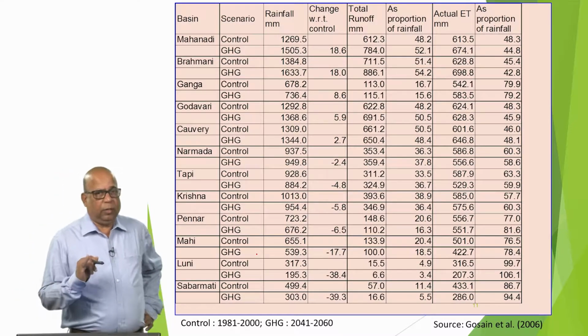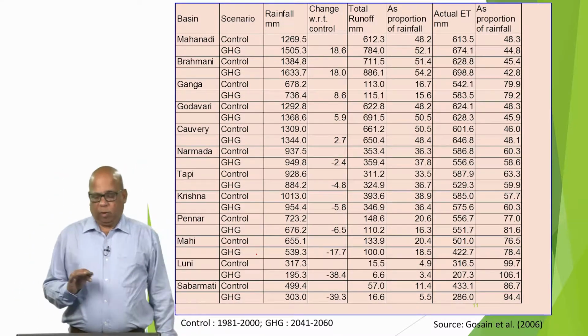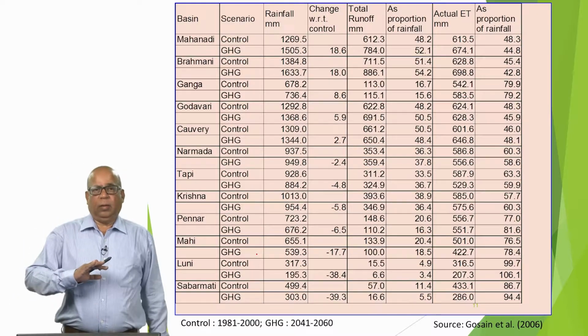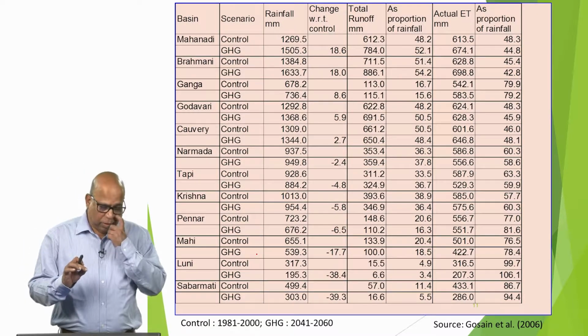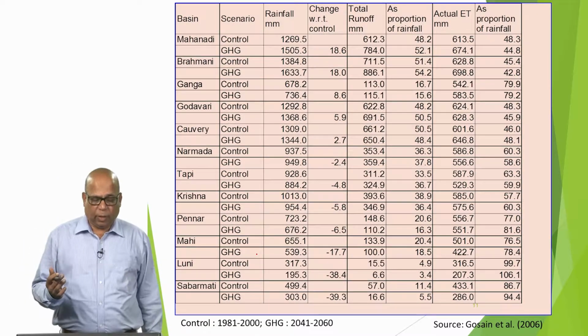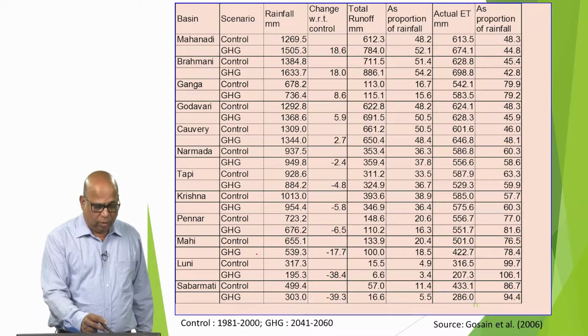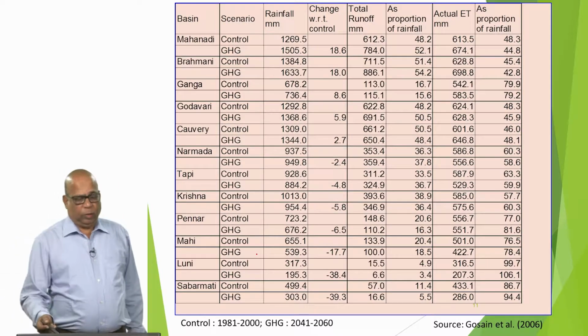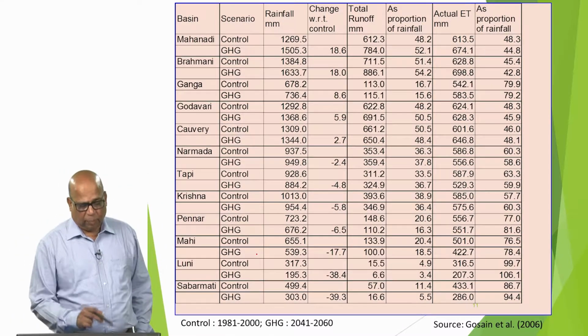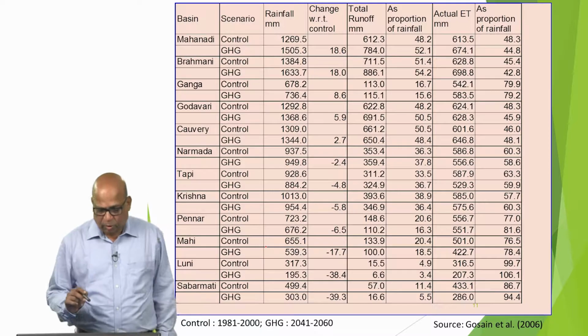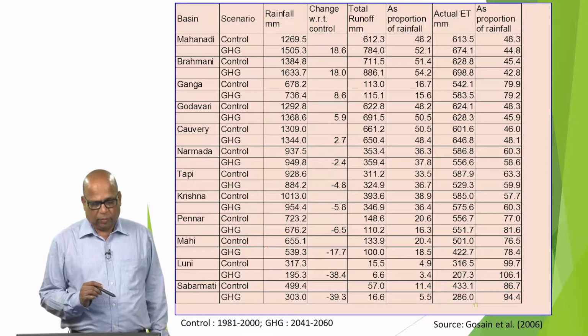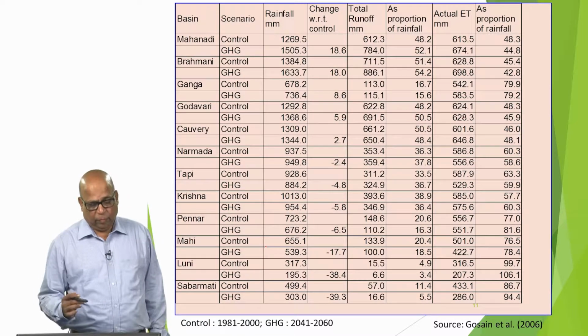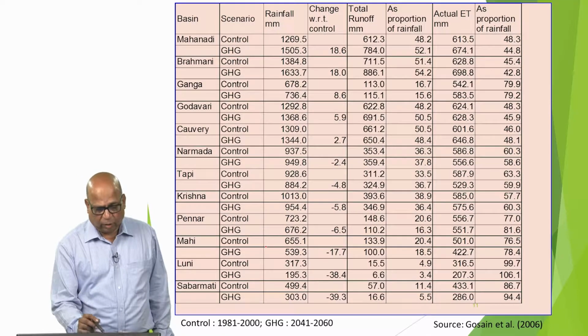caveat that only one model and one scenario was used, and this was a first level response to be provided to NATCOM at that time, and therefore, the rigor that is now possible was not actually applied at that point. However, this gives a good indication of how different river systems are likely to behave under certain situations. For example, you look at the